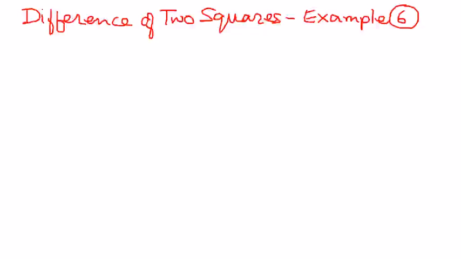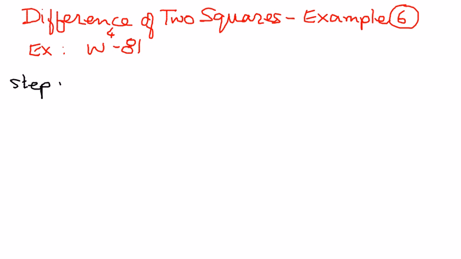Welcome to my presentation. In this presentation, let us look at some examples related to difference of two squares. In this example, let us say we want to factor a polynomial which is given to us as w raised to the power of 4 minus 81. So that is the polynomial we have, and then we will try to break it down